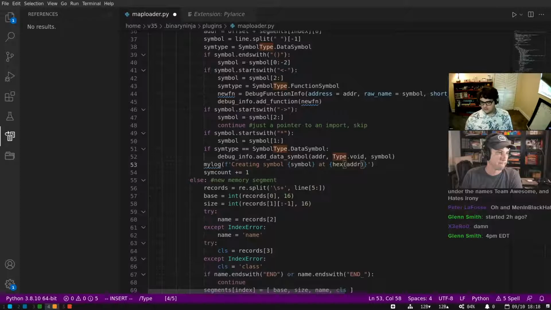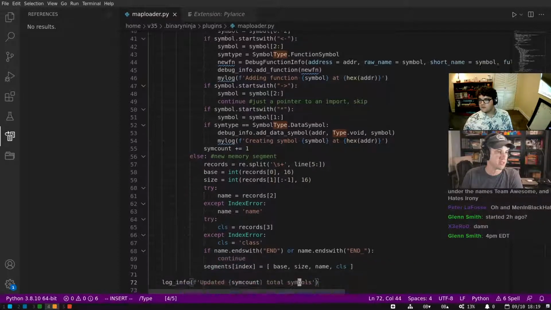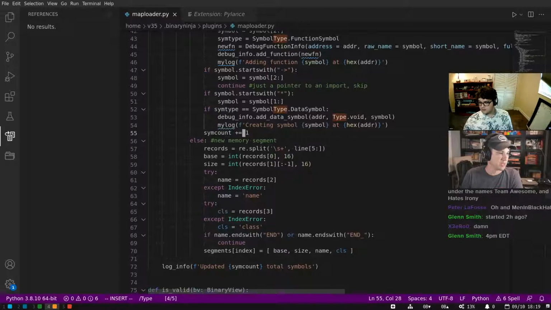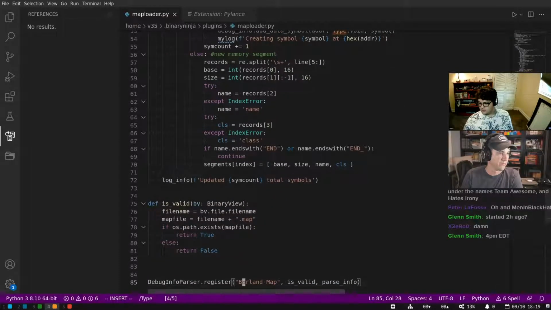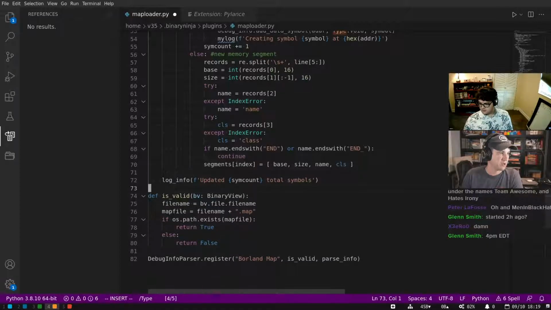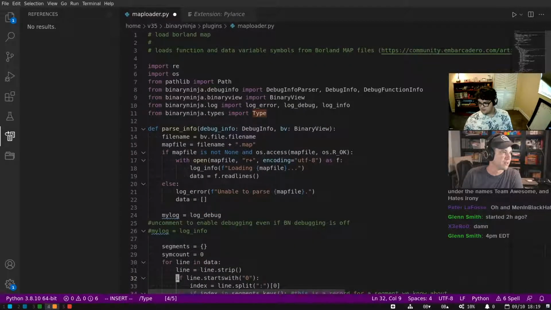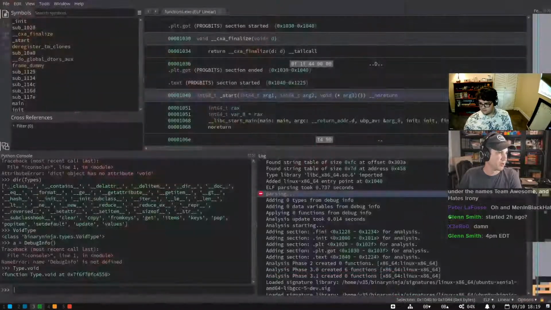Okay. All right. So there we go. Functions and symbols, which we're not even going to be able to test because we're not doing that anymore now. And memory segments. Okay. So maybe we'll now find out what all of our errors are. All right. Yeah, I haven't run that in a while, so there are going to be bugs there.